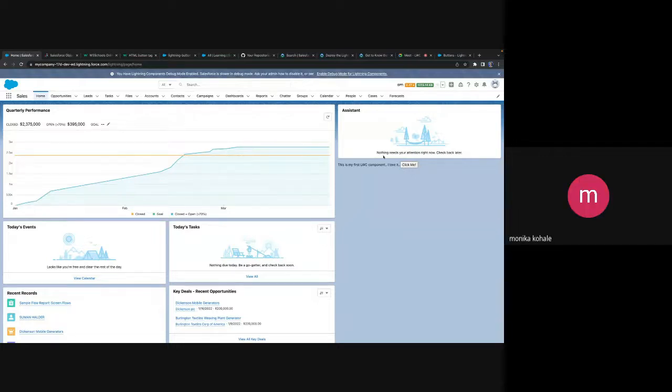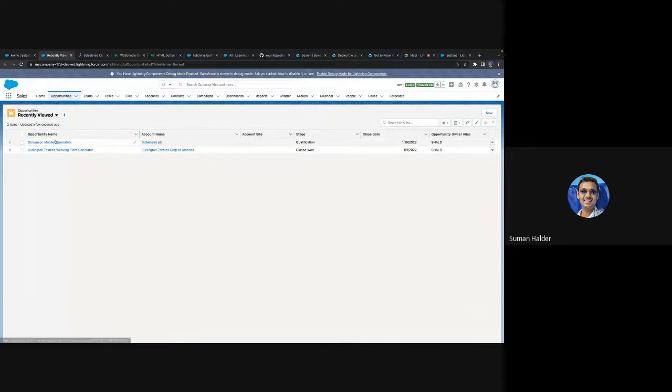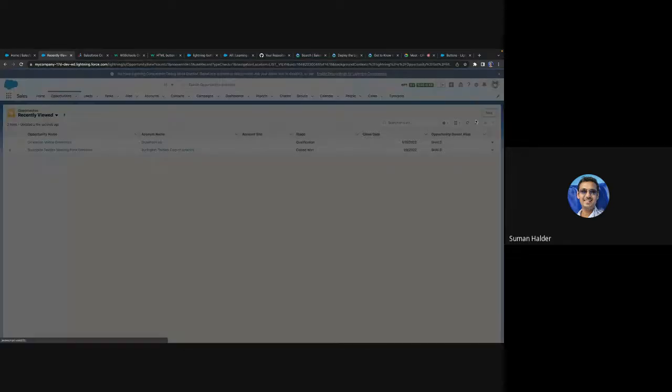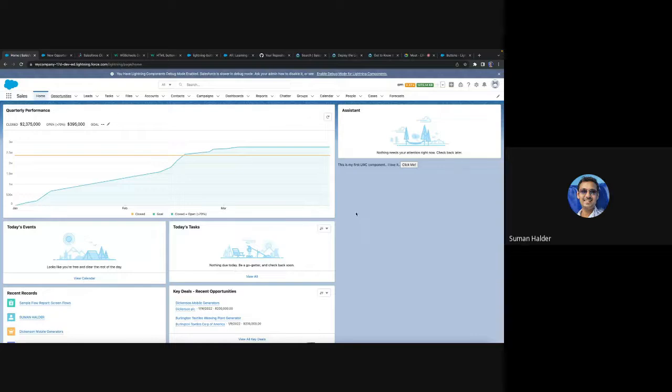So now, if I want to compare this button with, let's say, this new button, is it similar? No. So why is it not similar? Because styling is not there, the style is not applied, right? So if I want to use this, I mean, so